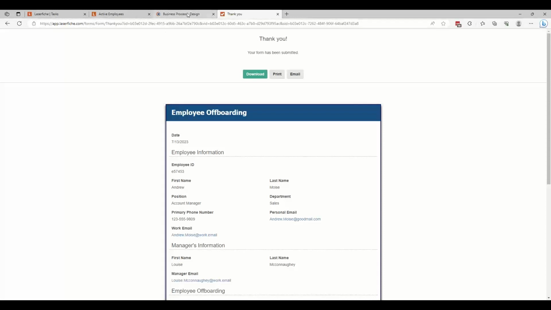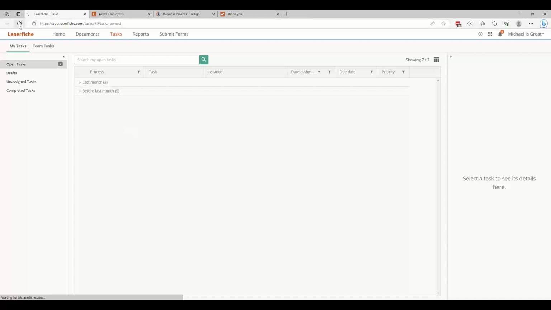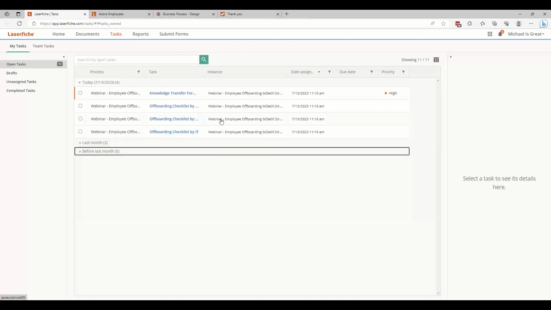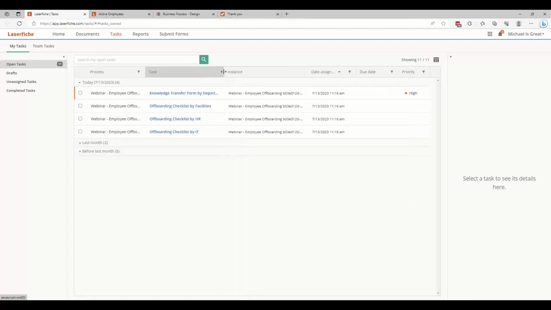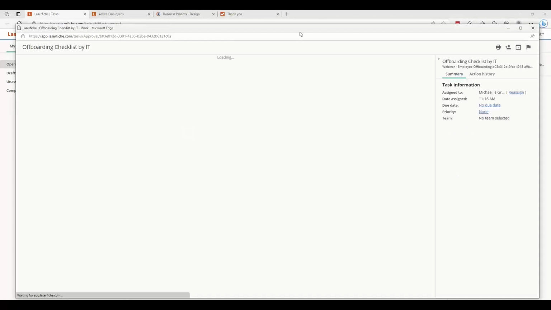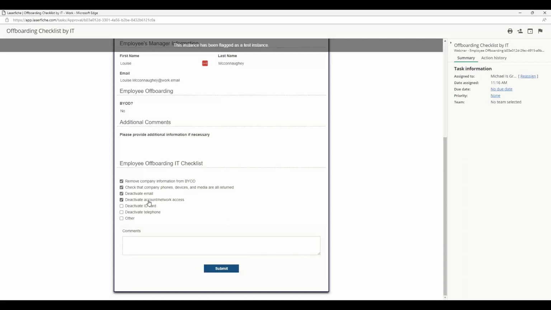After our form is submitted, we will have our various user tasks in our inbox for our HR offboarding processes. For today's webinar, I have everything assigned to myself. Typically, this is going to be assigned out to the appropriate department heads or appropriate teams to perform these tasks, but that makes for a much more difficult webinar. So here we'll go through our tasks one by one, and we can complete our checklist,